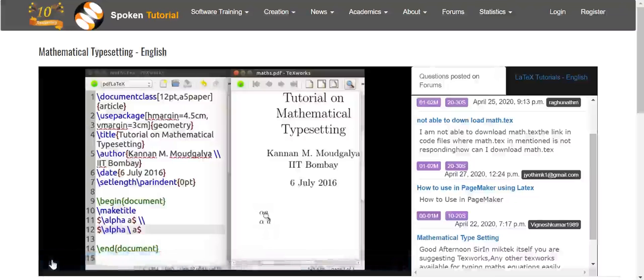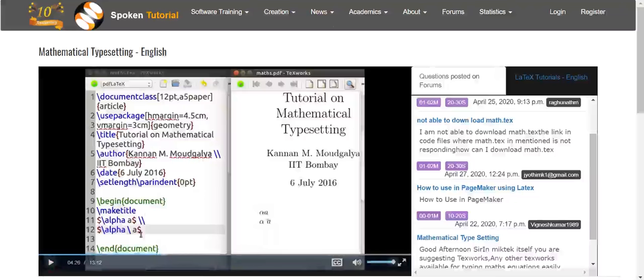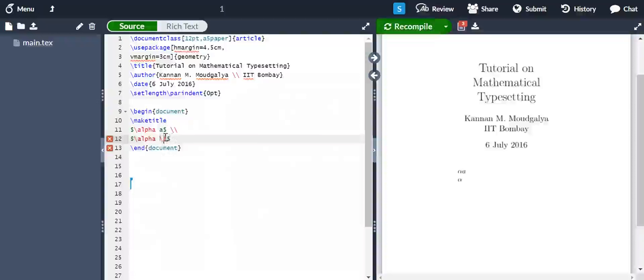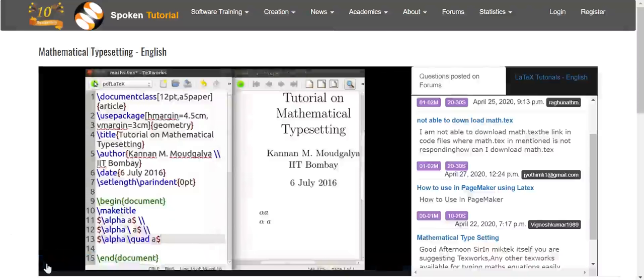If you want more space, use \quad as we do now. Compile it.